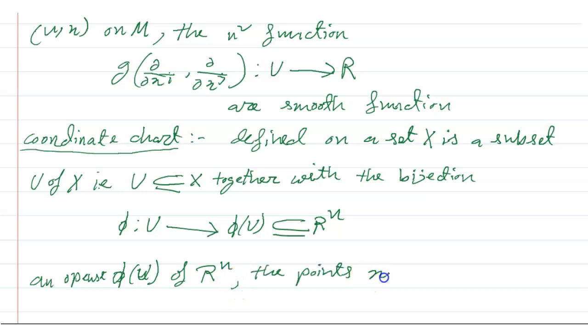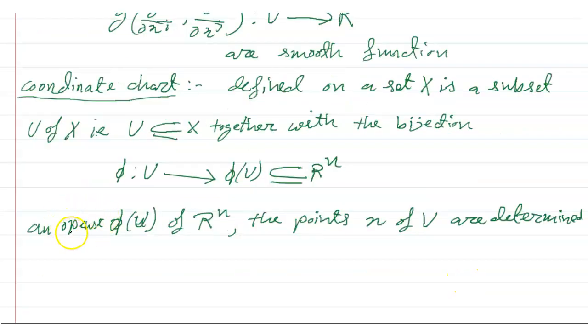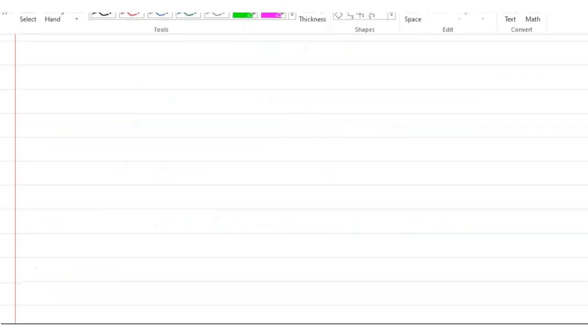Points x of U are determined by n coordinates. So friends, I have discussed very briefly about Riemannian